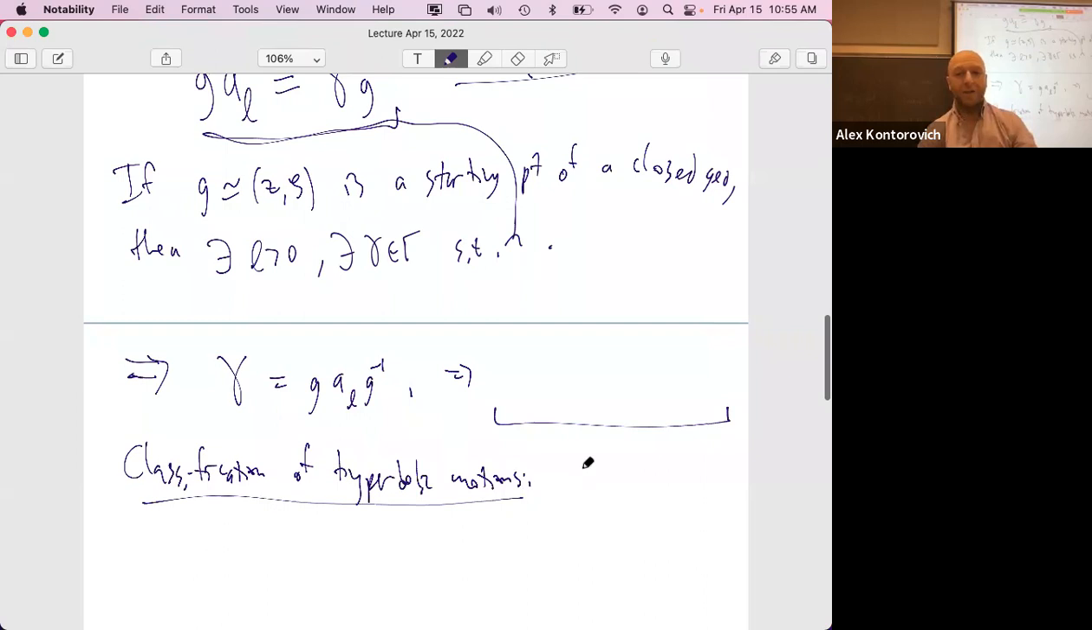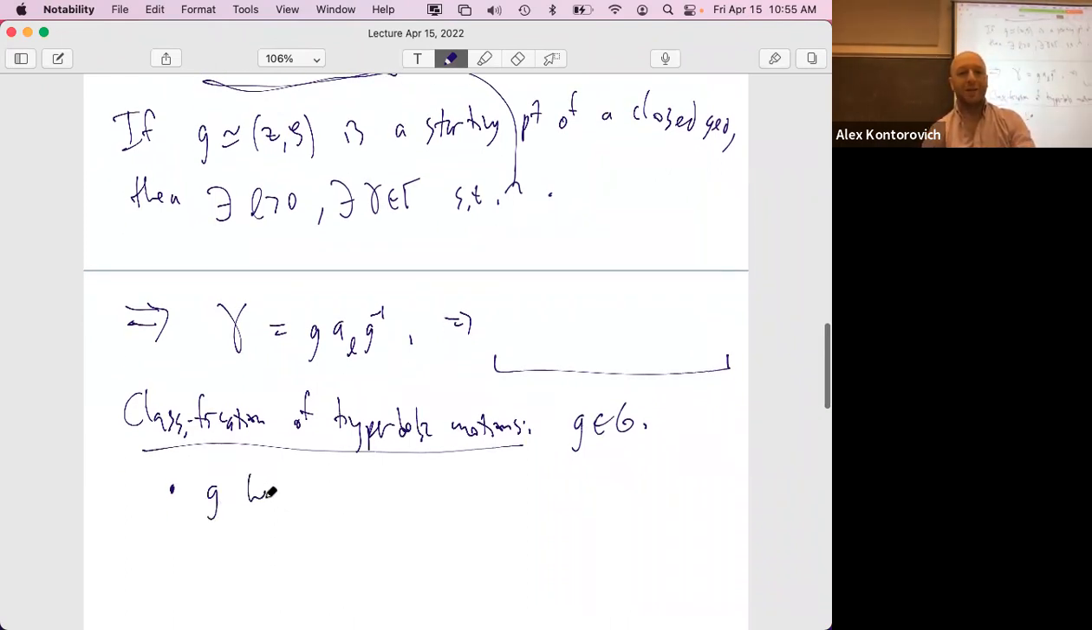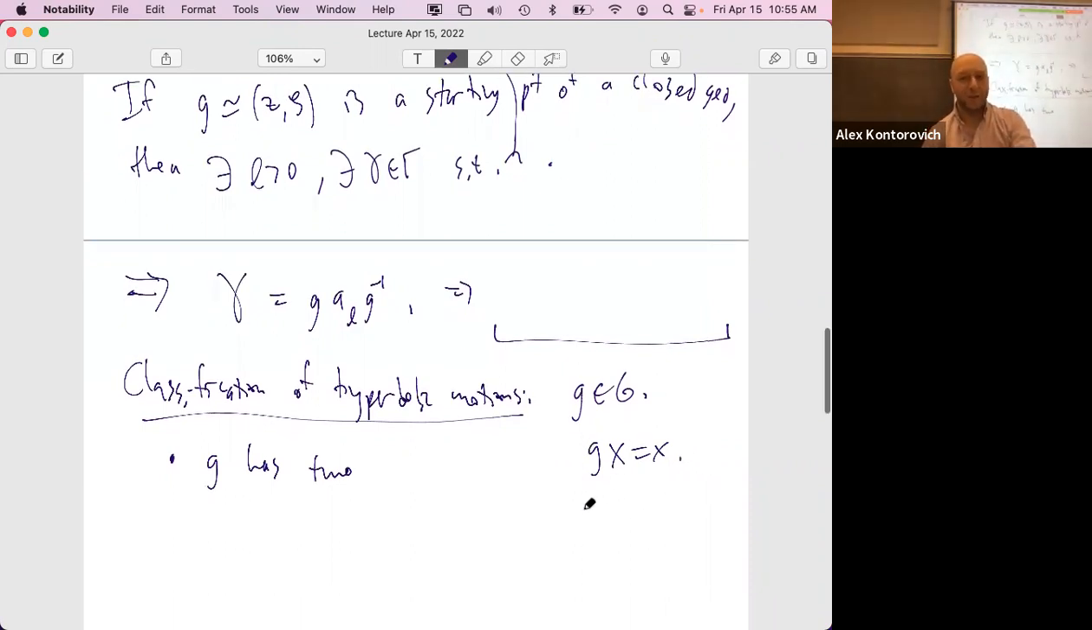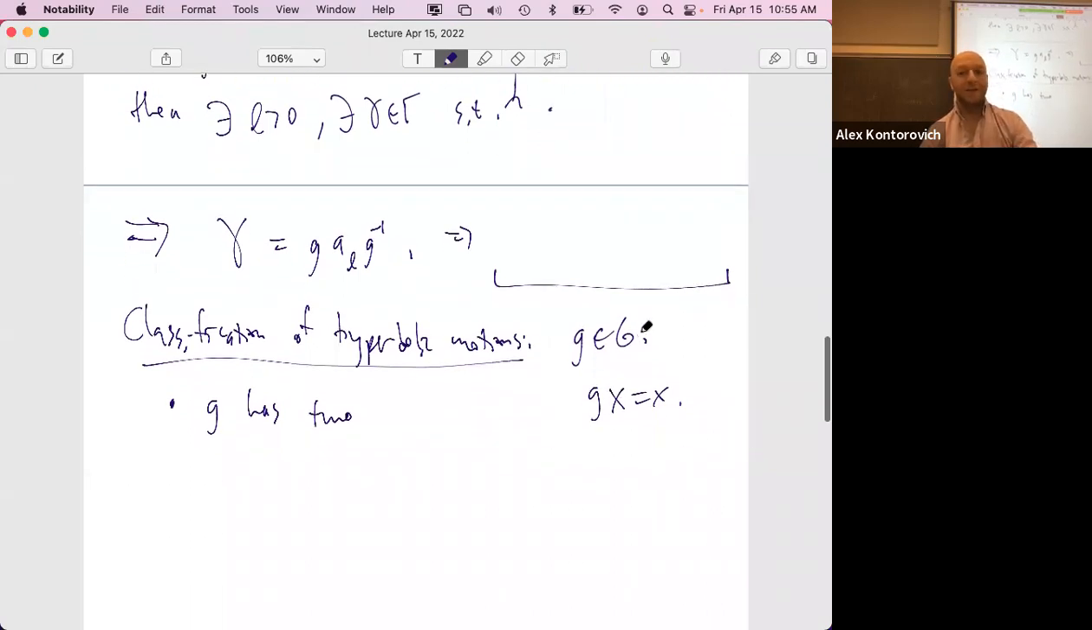Okay, so if I have a G in G, there's three things that could happen. It could have two fixed points. If I look at the equation Gx equals x, this becomes a quadratic in x. And G is SL2R? Yes, SL2R. So if G is ABCD, this is saying (AX plus B) over